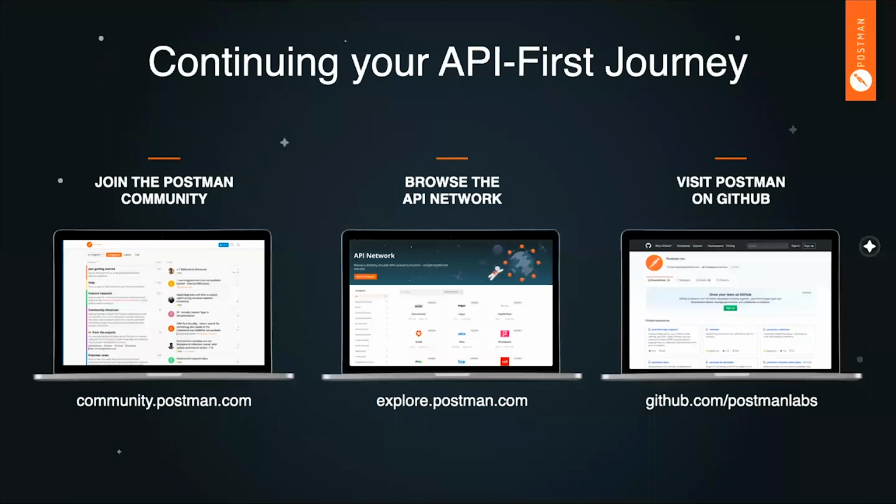So you can head over to our official Postman Labs organization, and you'll find our docs, you'll find collections, Newman, all of our open source tooling and processes are there. You can help us make the documentation better for Postman. And so GitHub is really your doorway to getting things done.